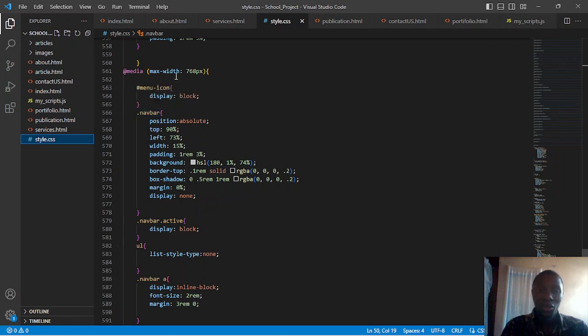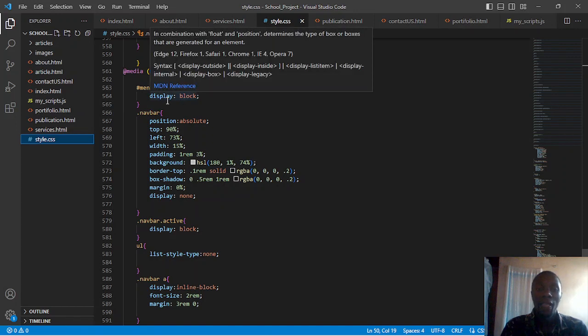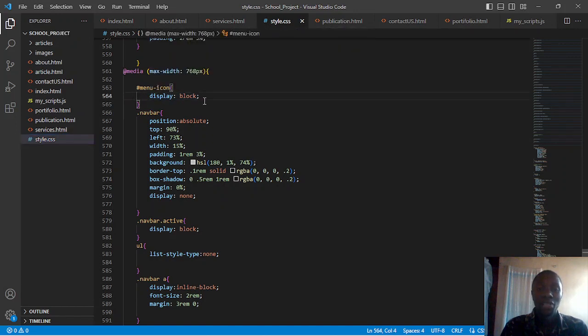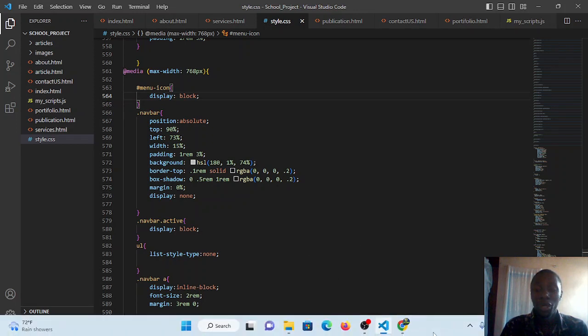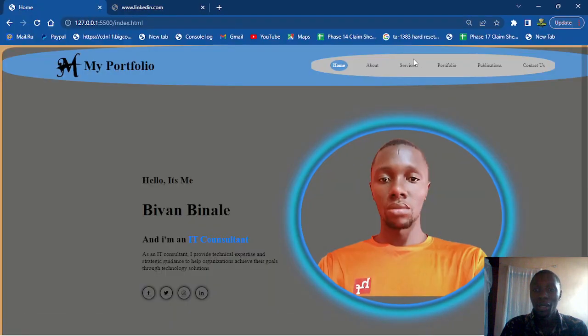Here we set the maximum width to 768 pixels, and for that we start by displaying our menu icon as black. Remember we said that the menu icon was not visible when we are using our computer,